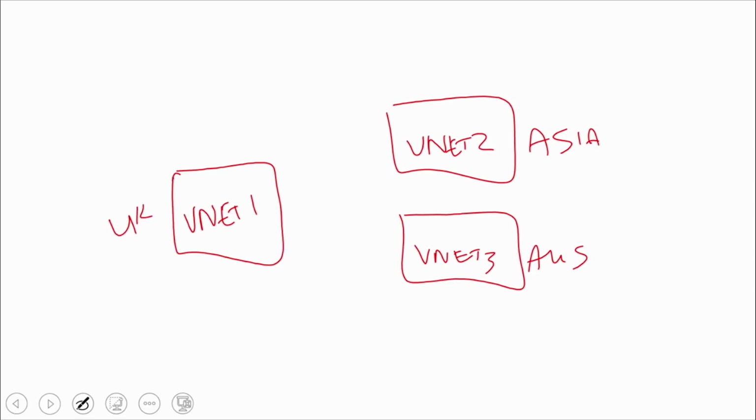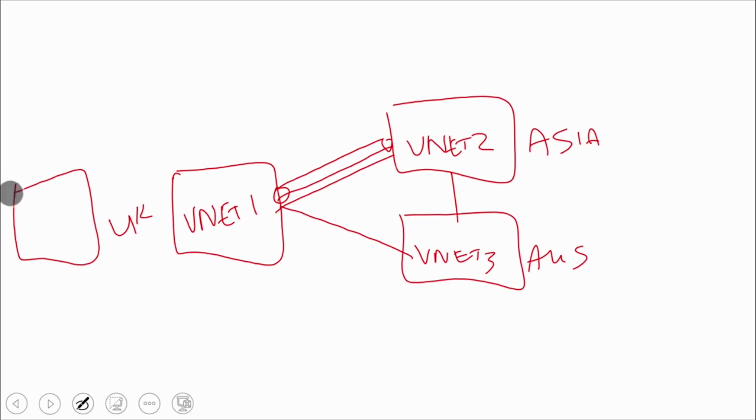Right, so these are all Azure data centers, we can actually establish connectivity between them. Using the same technology that we do with site-to-site, we can build these tunnels between these different places to provide connectivity between them. And then we can also have on-prem back here connecting up through there too.